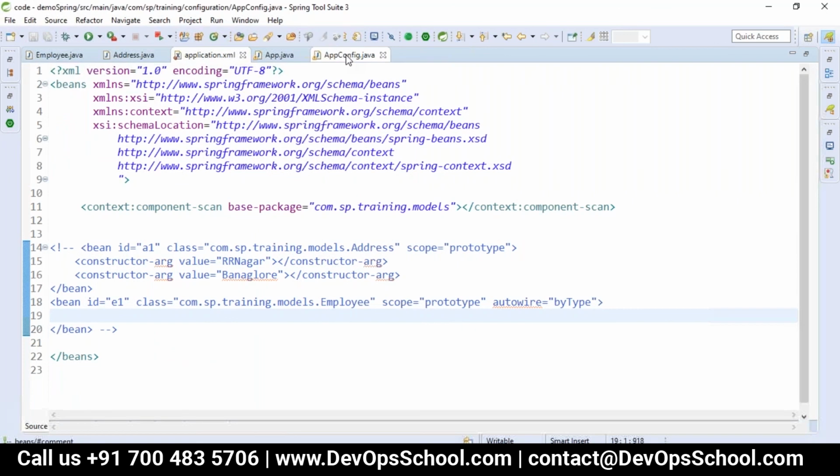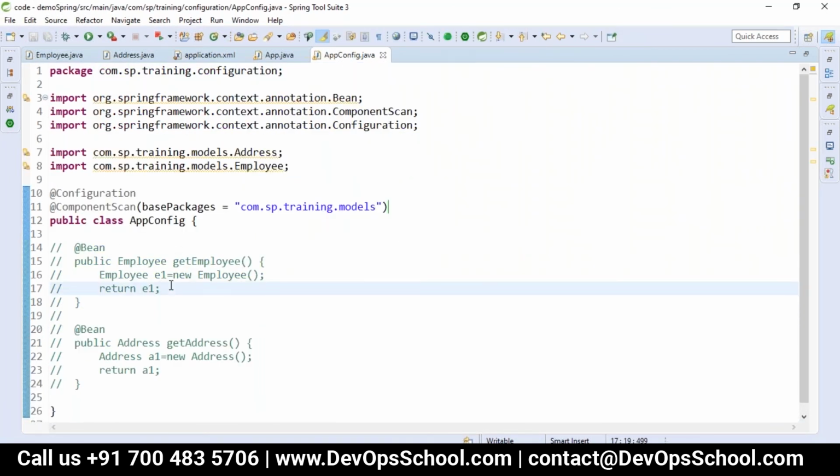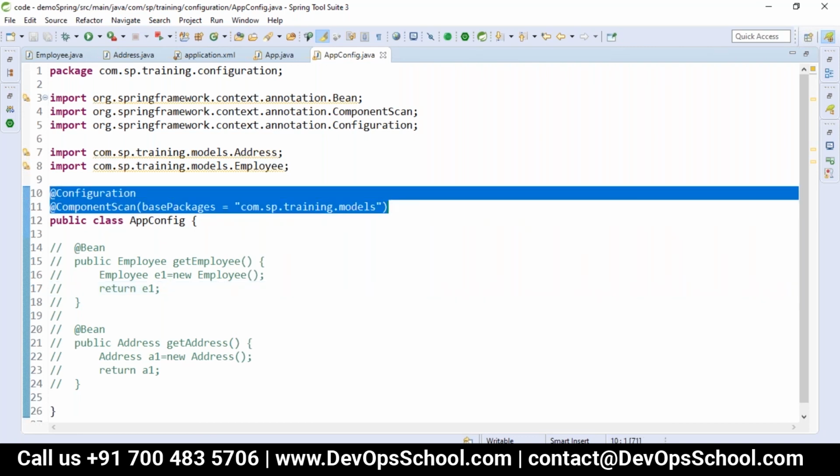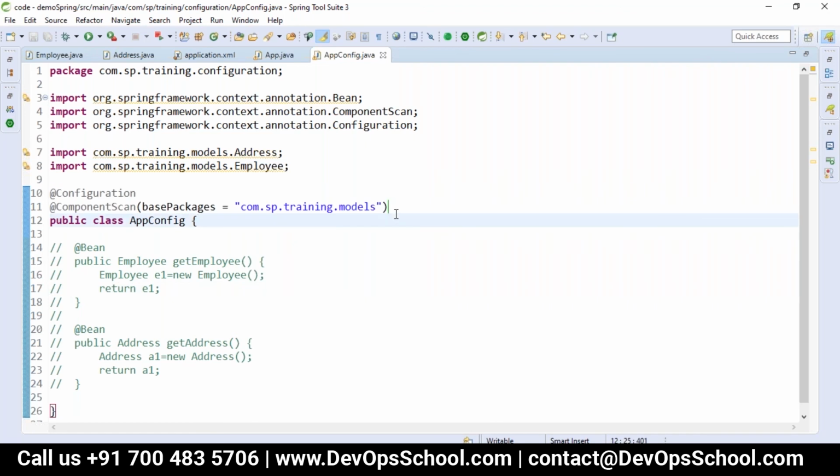Still we have to do all this configuration, and when you go with your web MVC application, we add an @EnableWebMvc annotation. All these are replaced with one annotation in the Spring Boot application, which is @SpringBootApplication.